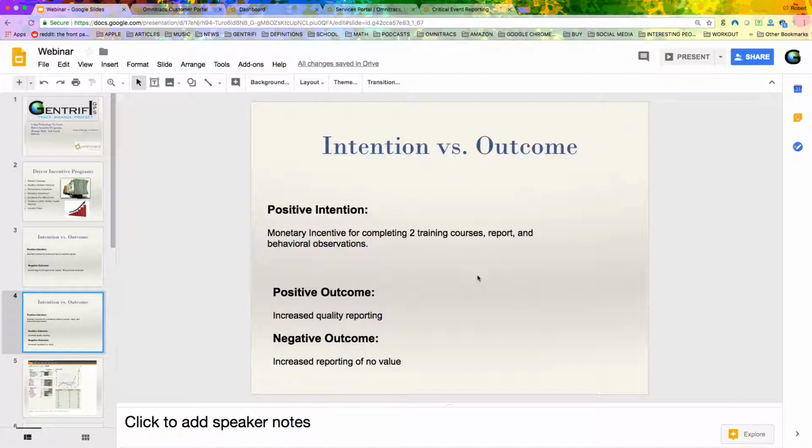So positive intention, a monetary incentive for completing 2 training courses, a report, and behavioral observations. Right, so this intention can have 2 different outcomes. It can have a positive outcome, which would be increased quality reporting. So you're getting more drivers turning in behavioral observations, or more drivers completing training courses, or more drivers submitting reports. But there can be a negative outcome, which is increased reporting, but of no value. Right, so drivers turning in reports just to receive their incentive. Right, and these are examples of using monetary